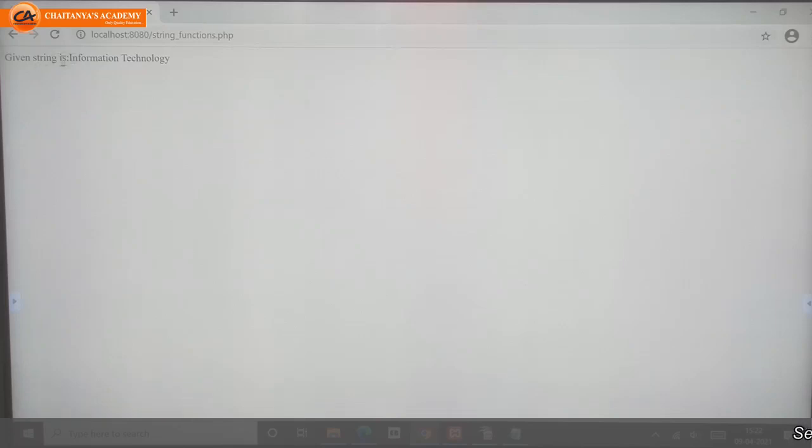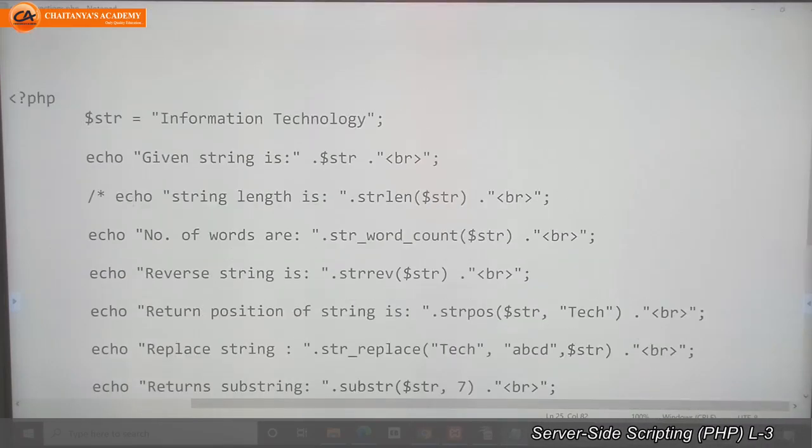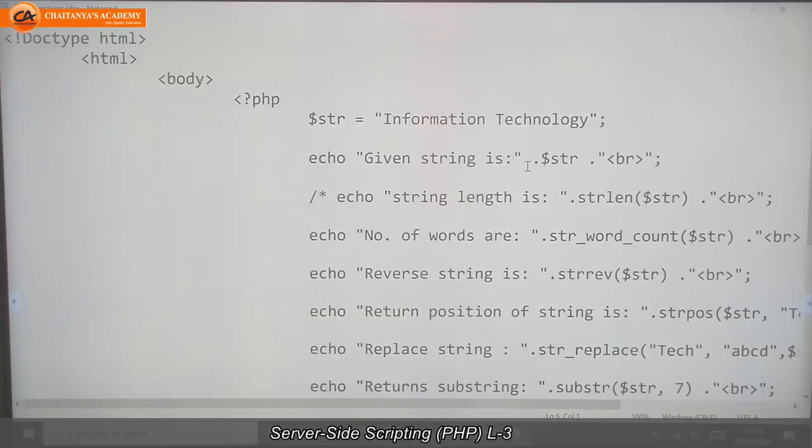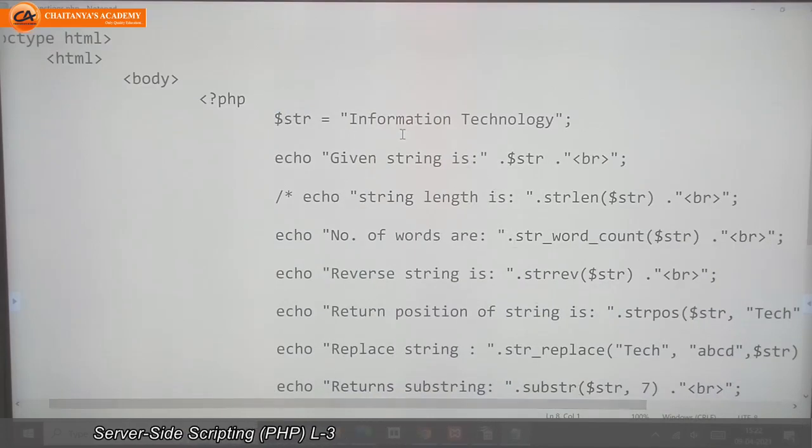So the given string is information technology. This is the output. Just what I did, I just printed the given string.